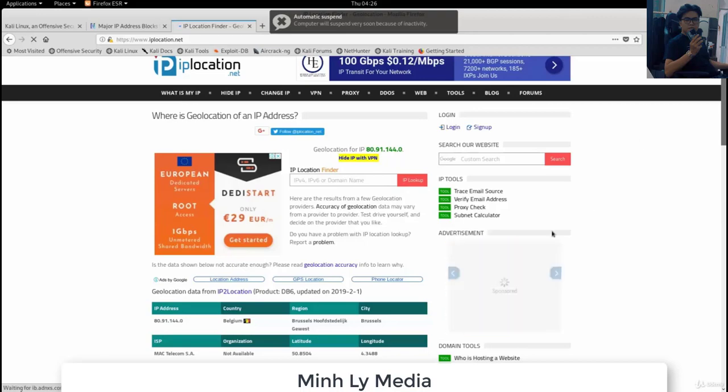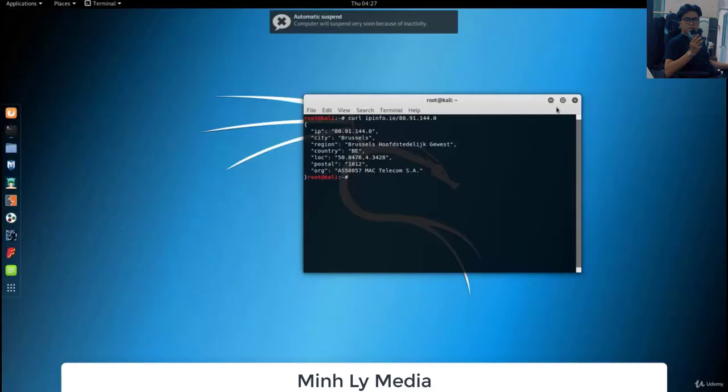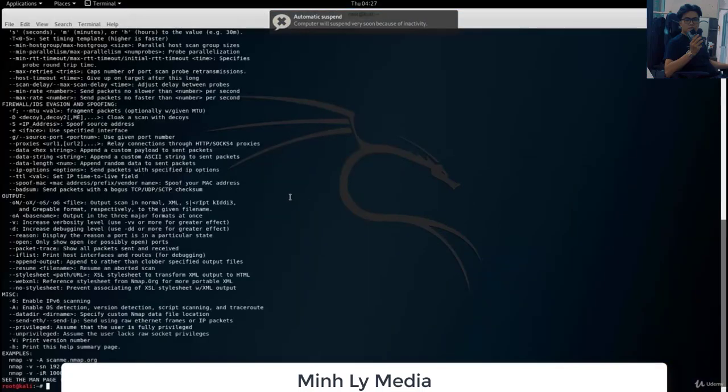Now that we saw what we can do with the IP addresses, we can open up our Nmap for now on. So if you just type here Nmap, you will see again a bunch of those options, but we will start off with these examples right here. So as you can see right here, they put an example: nmap -v -A